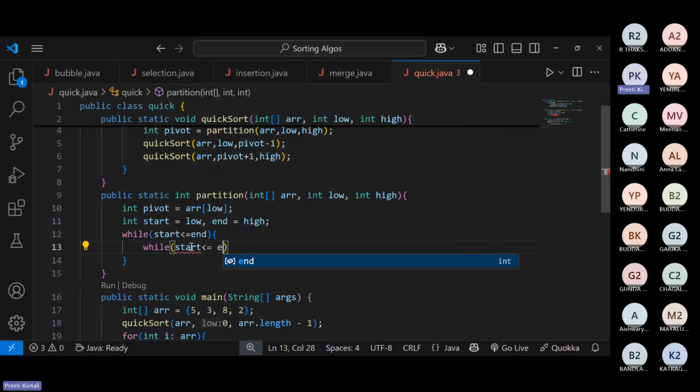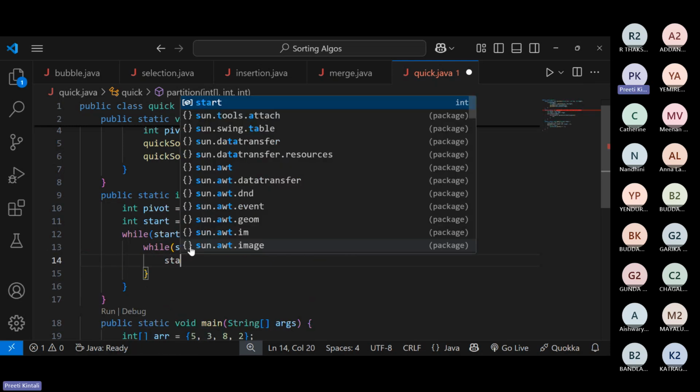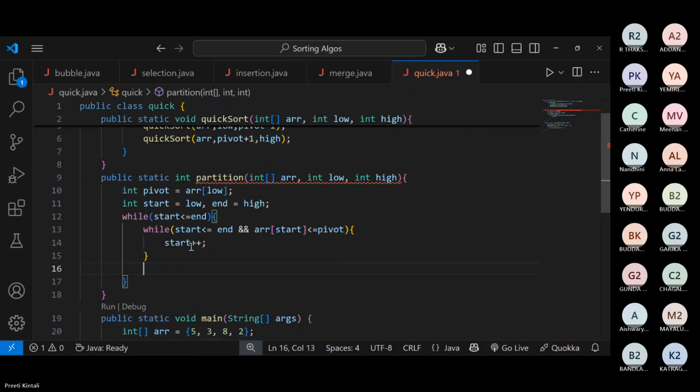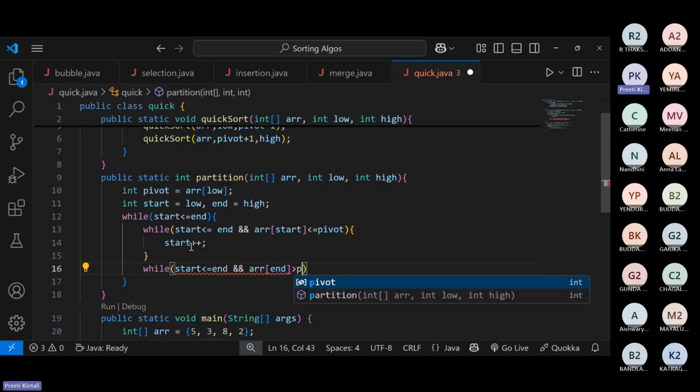While start is less than or equal to end and array of start is less than or equal to pivot, I will do start plus plus. Then while start is less than or equal to end and array of end is greater than pivot,